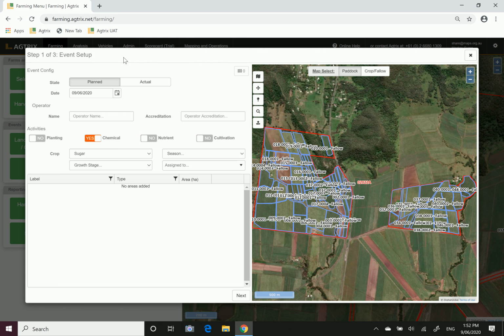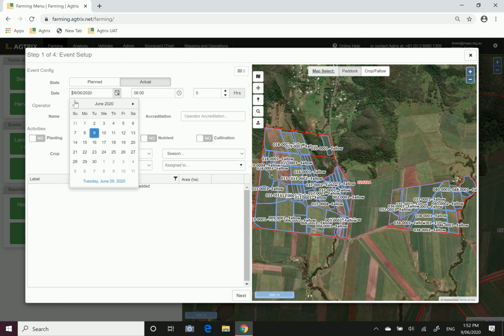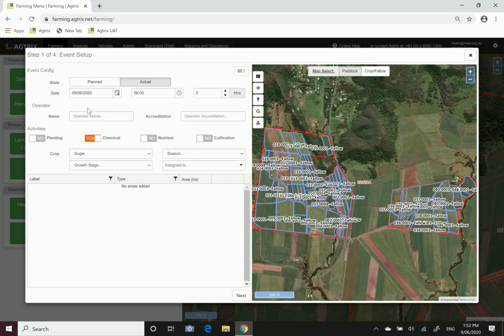what you want to do is work from the top to the bottom and add in all the details for this application. So usually you'll be doing an actual application. A planned event is something that you plan to do in the future. So we'll do an actual event. Choose the date of application. You can choose previous dates or previous months even, or years. So you can choose an old application date, but for now we will leave it as today's date, the 9th